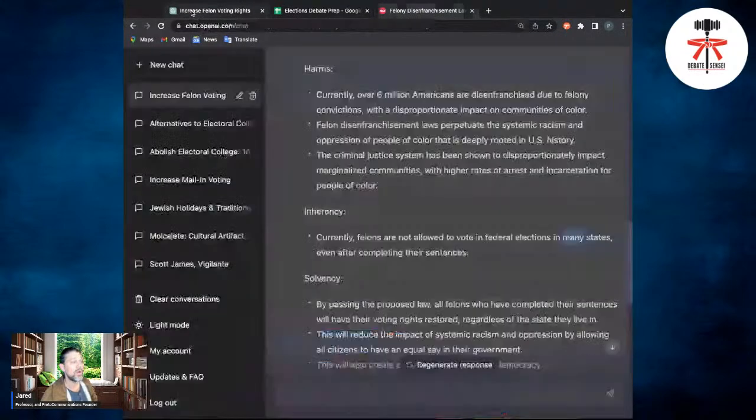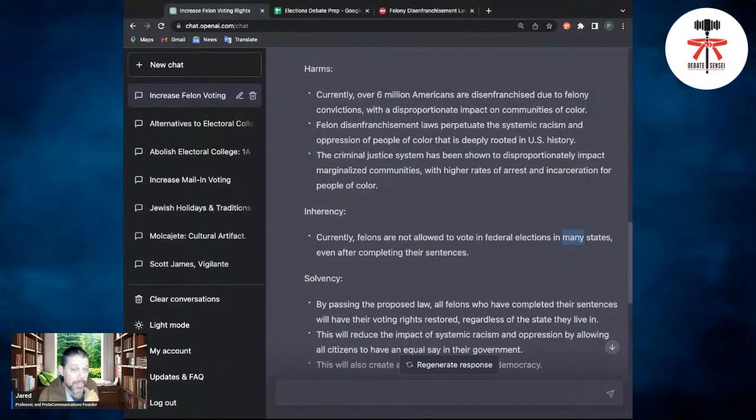Okay. So what I want to point out here is that notice that there are no source citations in ChatGPT. And in fact, I don't recommend doing that because ChatGPT at this stage does what's known as hallucinate. What I mean by that is when you ask for something fairly specific, like give me some sources on this, it will start making up sources. It's really bad when you ask for source citations as far as hallucination goes.